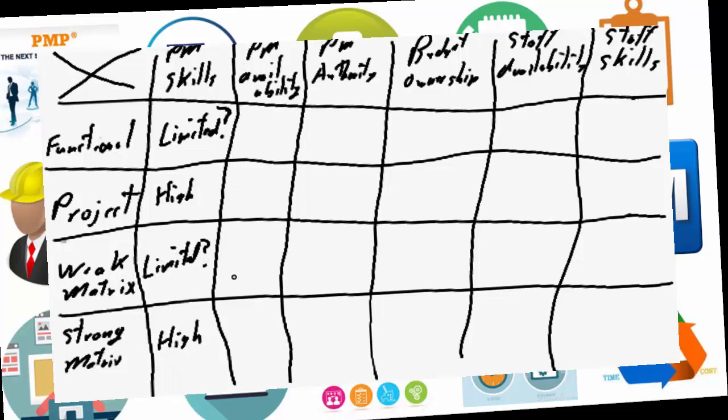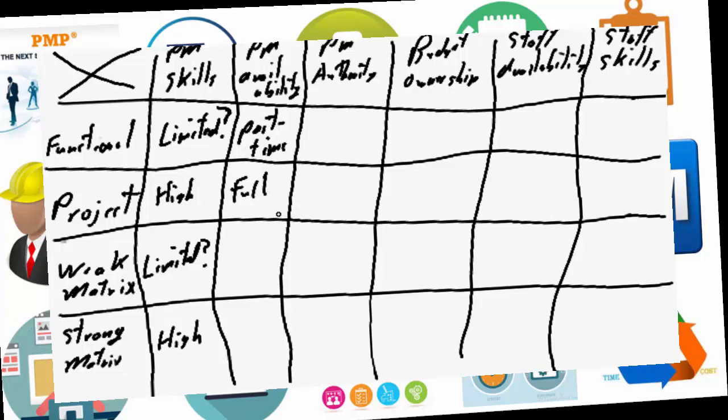In terms of PM availability, in the functional, it's part-time. They have ongoing line responsibilities, so therefore their availability to project management is going to be part-time only. And depending on the priority of their line management skills versus the project management responsibilities, that part-time may be very minimal, or it could be substantial, depending again on how their departmental head, their business unit, has defined their responsibilities. From a project organization viewpoint, their only focus is on project management, so they have full-time availability